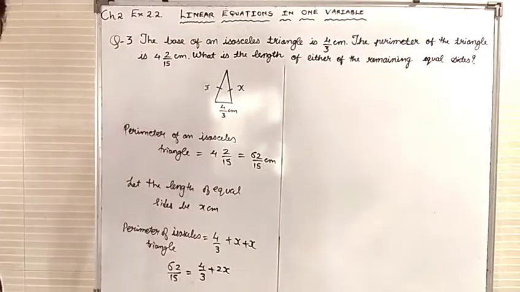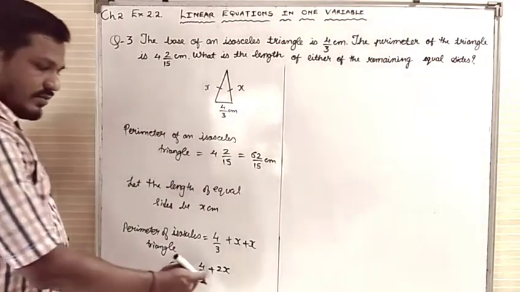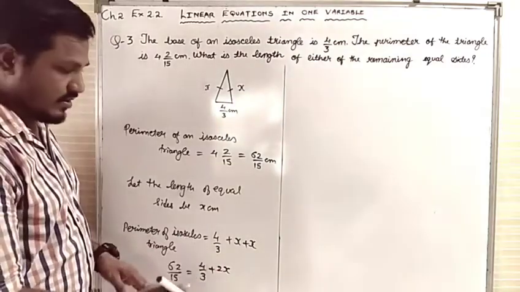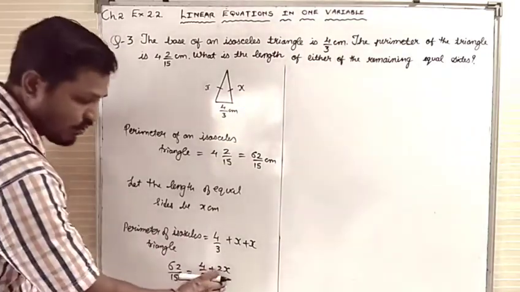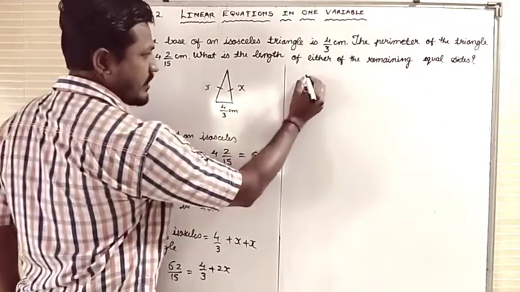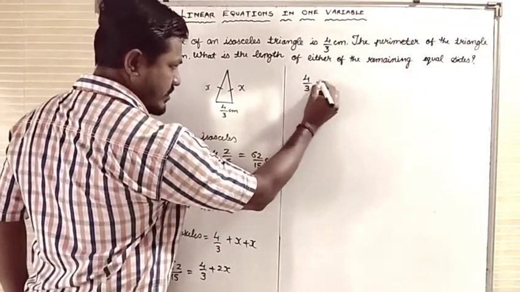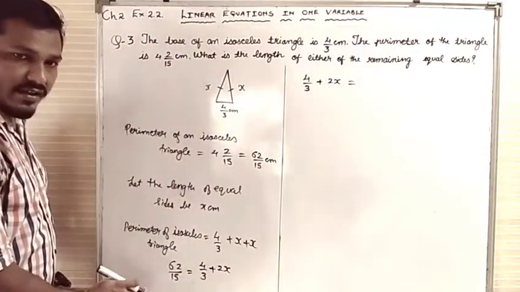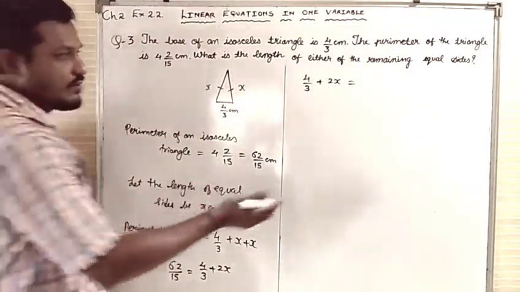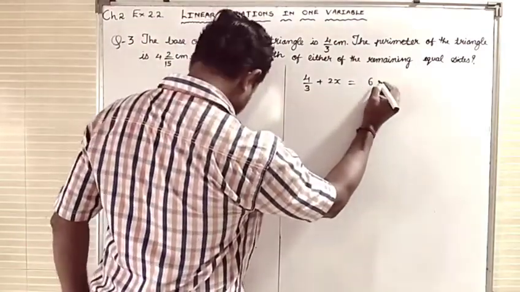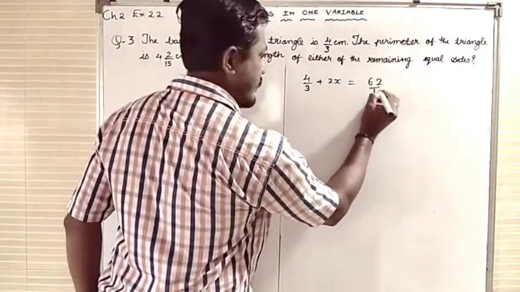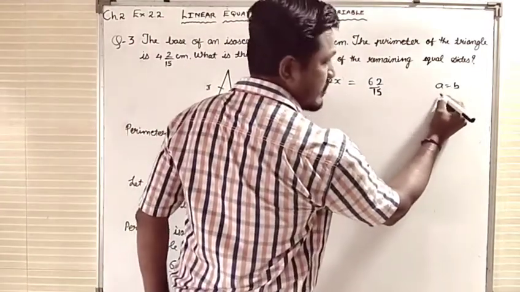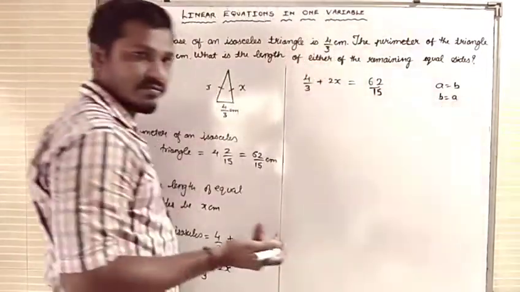Now say, dear student, now our value of x, that is unknown quantity, is on the right hand side. So what I will do, I will try to write the whole part on LHS so that it will be easier for you to calculate the value. And I will write 62 by 15 on right hand side. I am not transposing, I am just interchanging. As A equals to B is B equals to A.